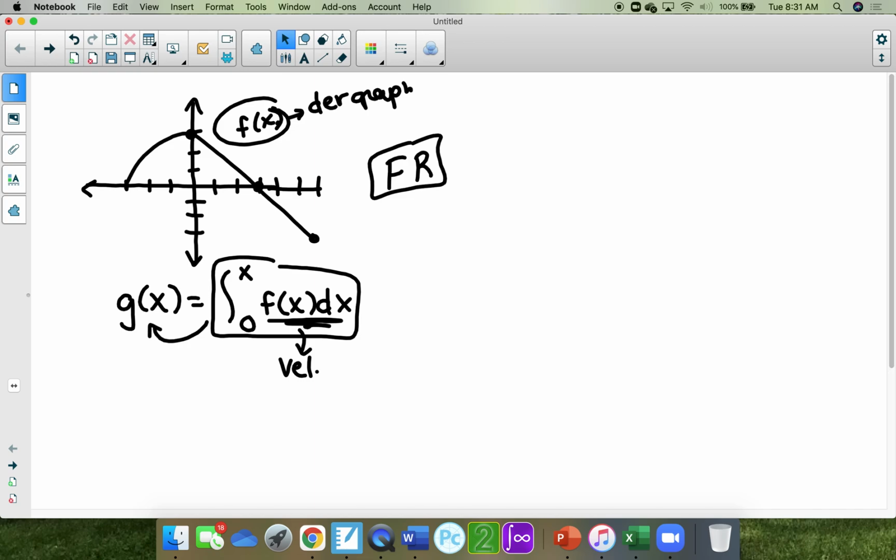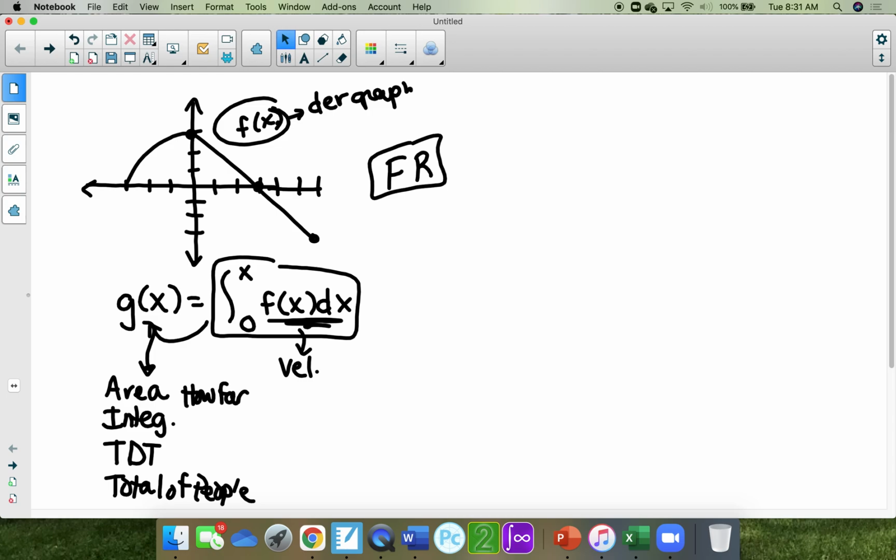When I integrate, I find the area, or I found my total distance traveled, or I found my total number of people, or whatever they're asking for. I found how far I went. All of these words would mean to integrate. Okay, so